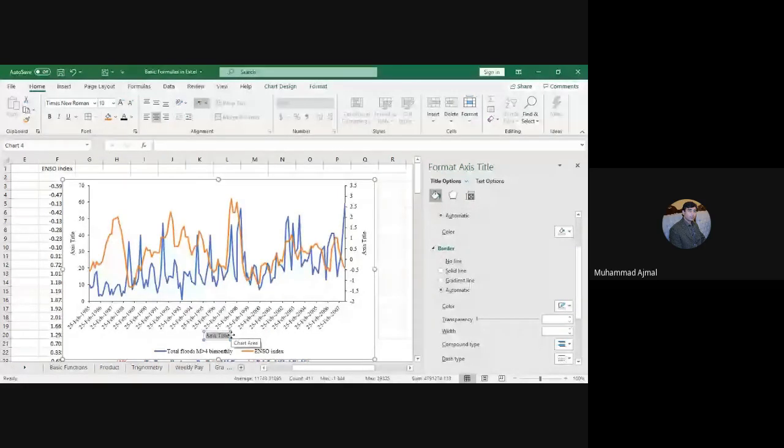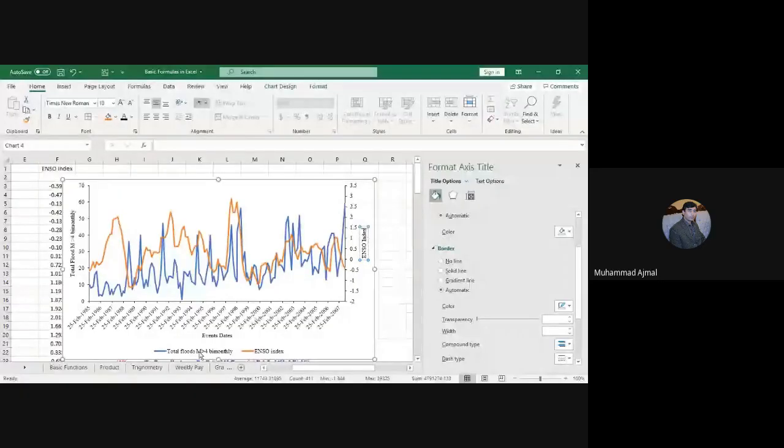Event dates, for example. The event could be a flood, or it could be ENSO, event dates. On the left side now, it is better to define what data you have on the left side. Total flood M greater than 4, which you are showing below bi-monthly. So you have to title it, and the right title, click it, select it, ENSO, okay, index. You can write here,